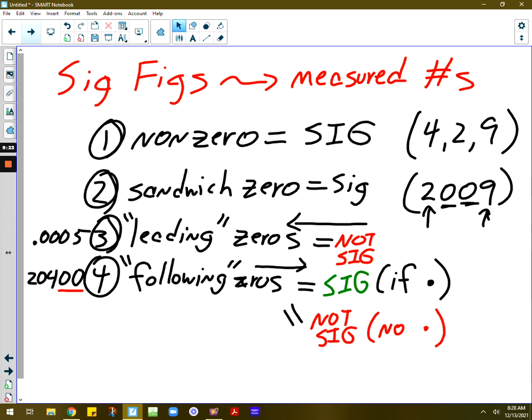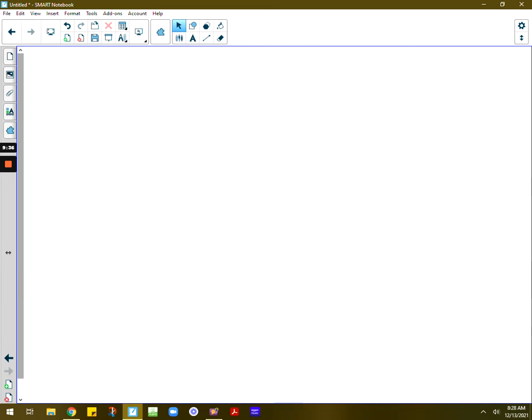Then, of course, numbers where you count something, like counting fingers, counting days, etc., those are infinitely significant because you're not measuring them. Only other thing having to do with this has to do with math, and there's 2 sets of rules for that. When you're adding or subtracting,